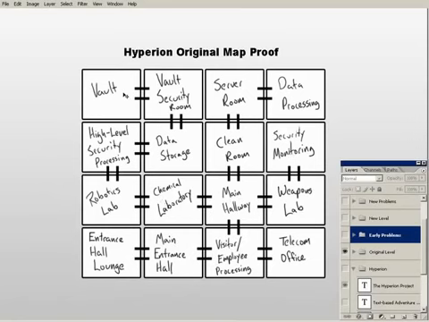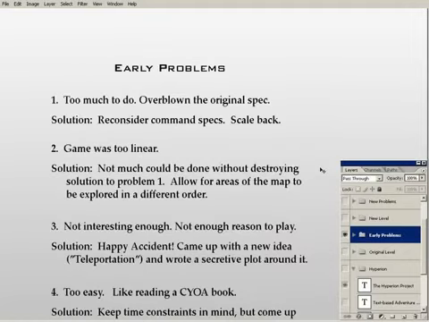So very, very linear game, but because the game was so small, that's kind of one of the only choices I had. At the same time, there was kind of a catch with trying to combat the linearity of it, and that is that you're more or less fighting against problem 1. To make it less linear, you have to, by definition, make it a little more complex. And it already was complex. So it's kind of, which of these is more important? So we had to watch out for that. But we did end up allowing for areas of the map to be explored in a different order than previously anticipated. And that kind of helped.